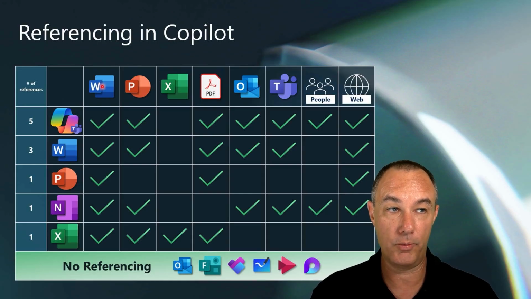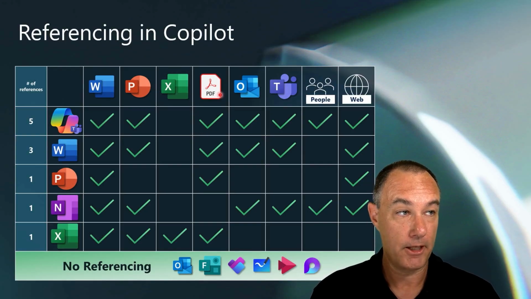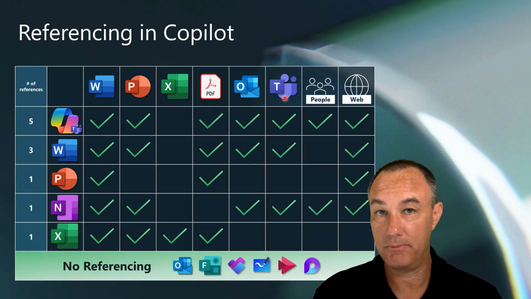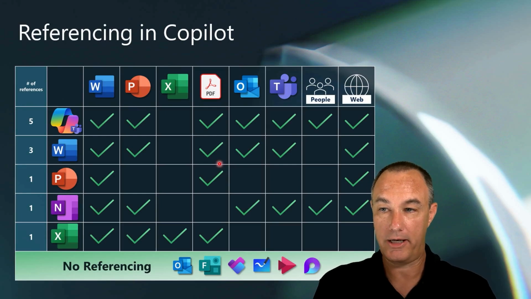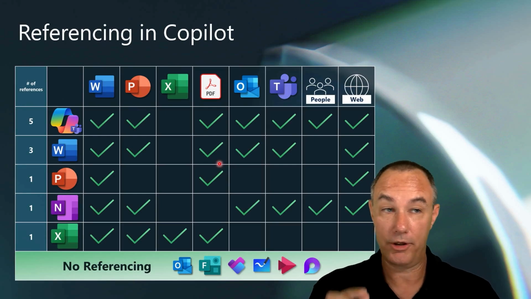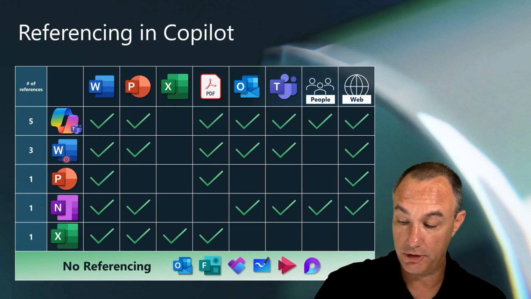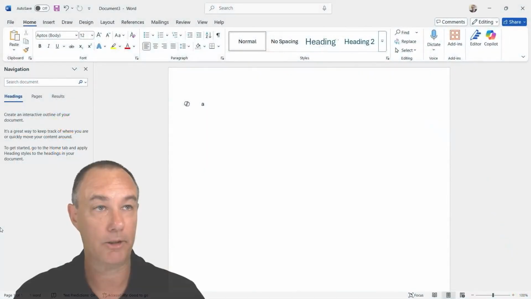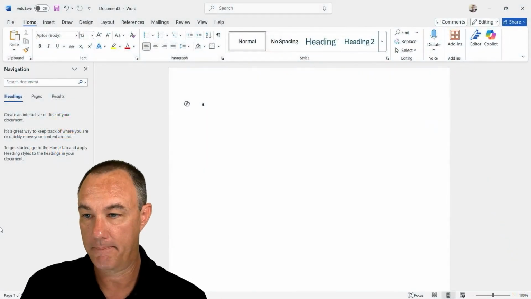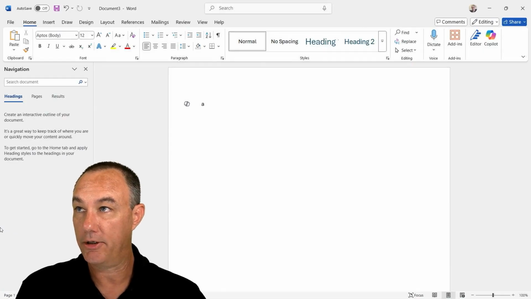You could reference other Word documents. You could reference PowerPoint. Note, you cannot reference Excel files, but you could reference PDF, emails, meetings in Teams and things like that. And the other 2 aren't that important. Okay, so what we're going to be doing, let's do some demonstrations. Let's have some fun. I'm going to jump into Copilot now for the rest of the day. And we're just going to hang out here